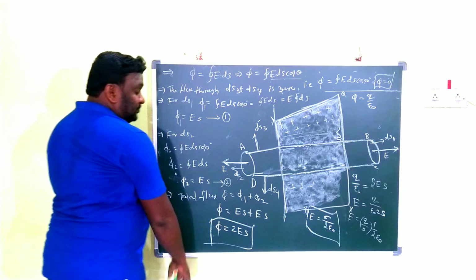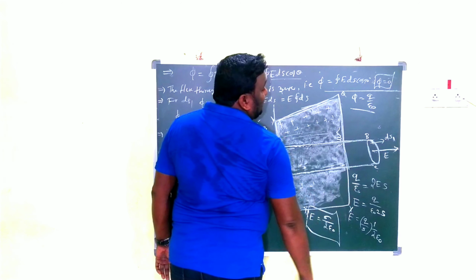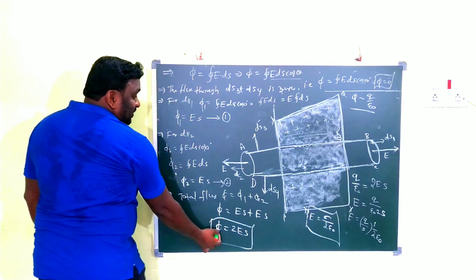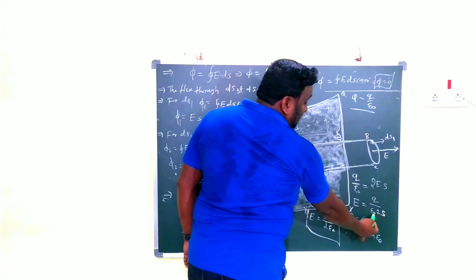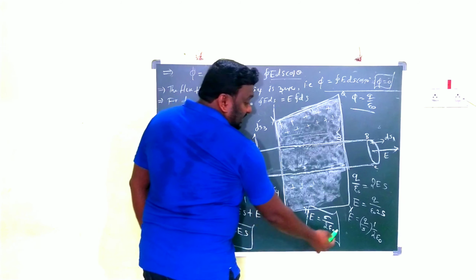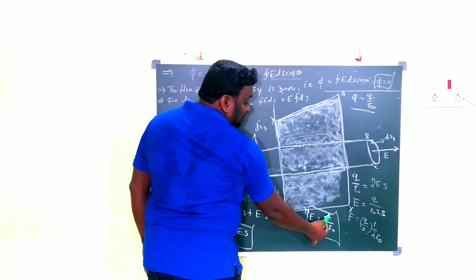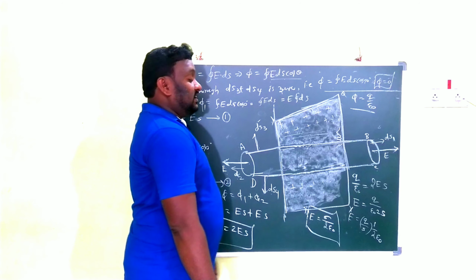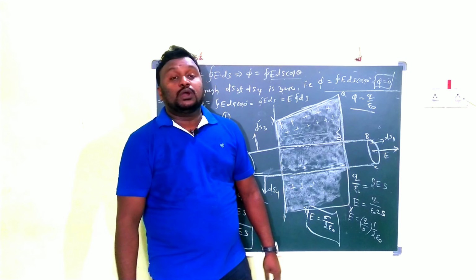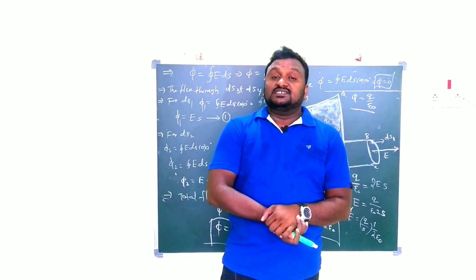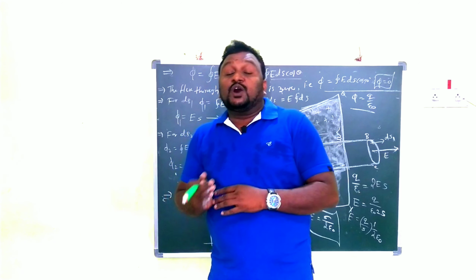Now according to Gauss law, phi is equals to q by epsilon naught. That's why instead of this phi, what are you writing? Q by epsilon naught is equals to 2Es. From that, E is equals to q by epsilon naught 2Es. Then what you get? E is equals to q by s into 1 by 2 epsilon naught, and E is equals to sigma by 2 epsilon naught. Here q by s is the surface charge density. That's why I am writing E is equals to sigma by 2 epsilon naught. So children, this is about the electric field intensity due to an infinite plane sheet of charge.